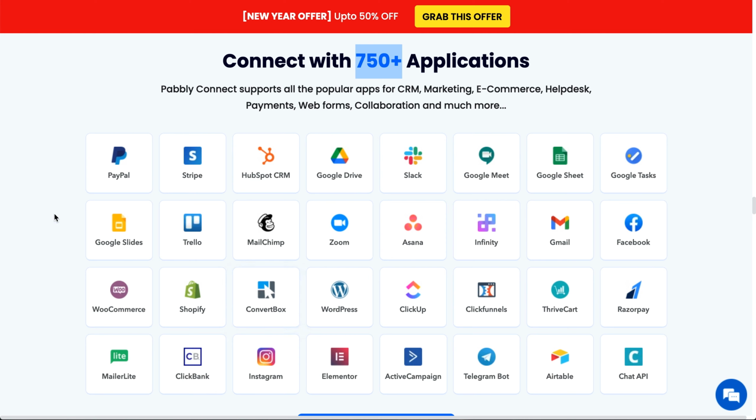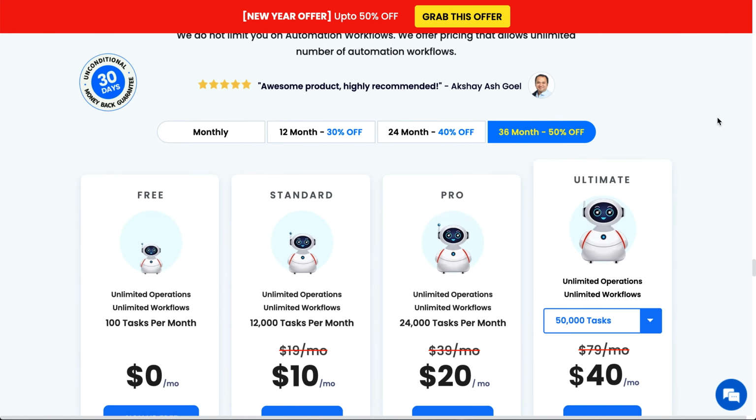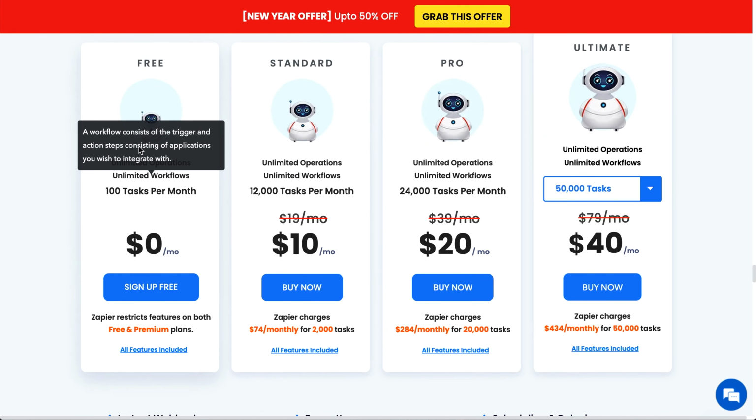They have a lot of the major ones: ClickBank, Instagram, Facebook. So they have pretty much everything you're going to need, but I would recommend checking them out. Make sure that they have what you're going to need first. And you can do that for free, because they have this free forever plan, same as Zapier.